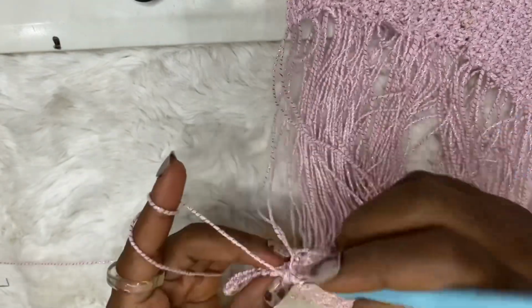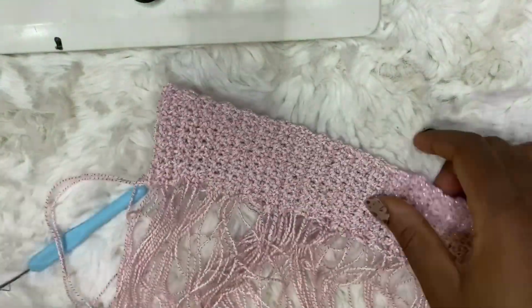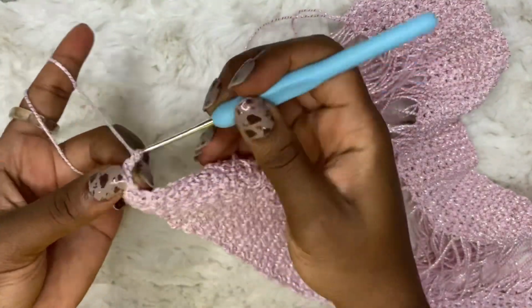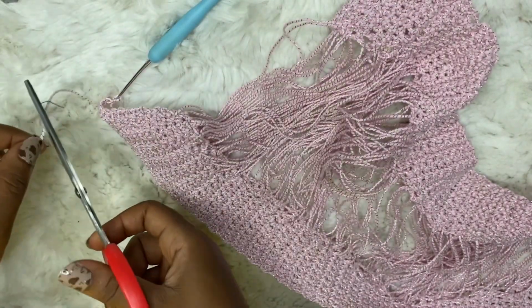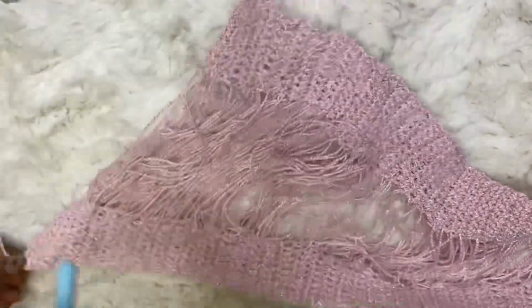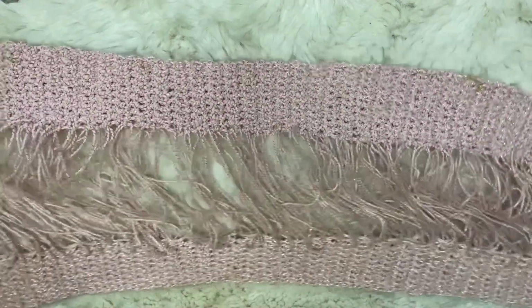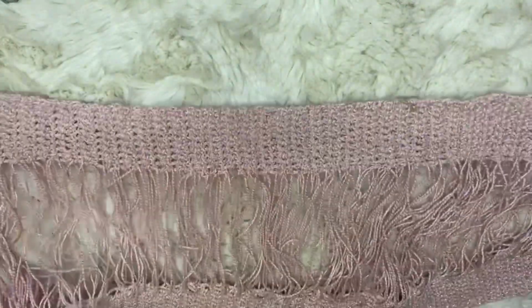making your single crochets. This is the end of my 120 rows, and you're going to make 2 of these at the back panel and front. So you're going to chain 2, cut and fasten your yarn. So this is my front post, and this is how it looks like. So go ahead and make the same exact thing for your back post, and I'll meet you when I have